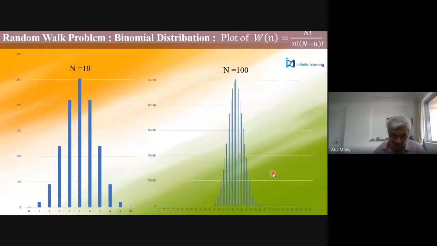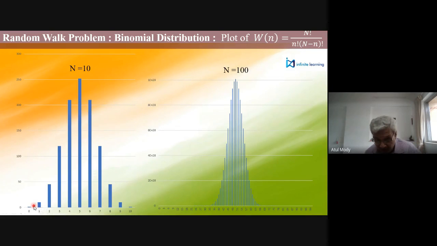Now, what is the crucial difference to be seen here? Look at N equal to 10, and you see the probability is maximum for n equal to 5. But as you go away from n equal to 5, you see 4 and 6, 3 and 7, 2 and 8, they are not negligibly small here. Even n equal to 0 and n equal to 10, can you see a small bar here? Very small, tiny one, blue line you can see.